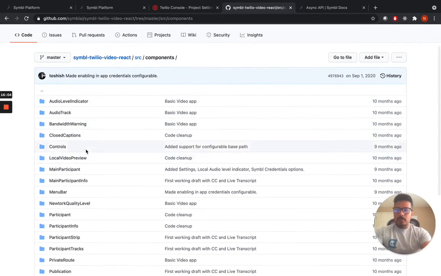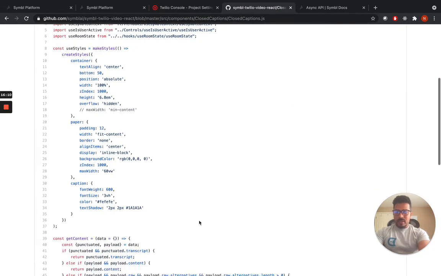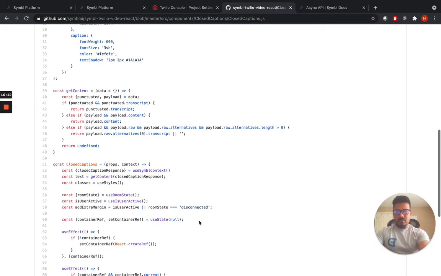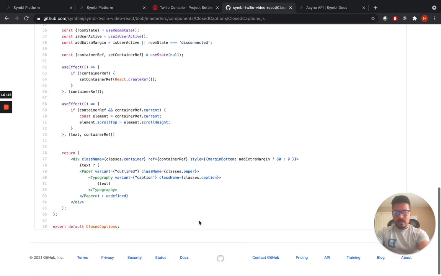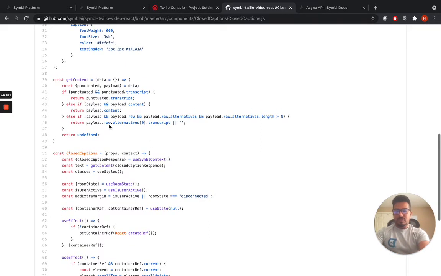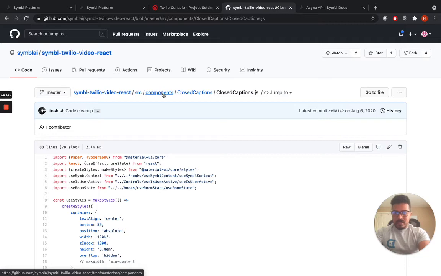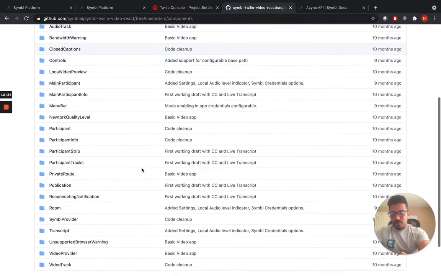If you go there, what you were seeing on the screen was closed caption. So there's a component for that. You can directly use it in any of your applications. It should work directly using this code. Basically, the only thing you need is to have that Symbl connection in your application, and on the UI side, you can send the payload and the raw data directly to this particular component, and you should be able to utilize that.